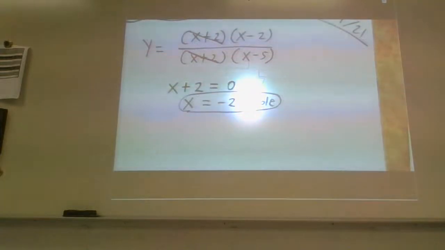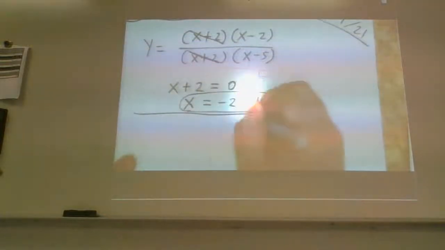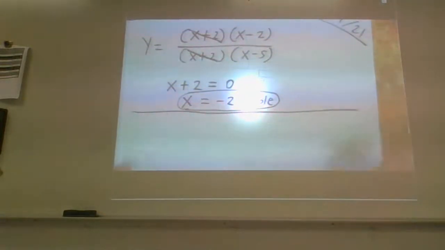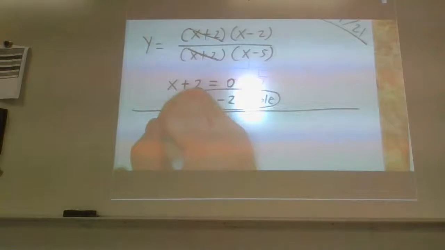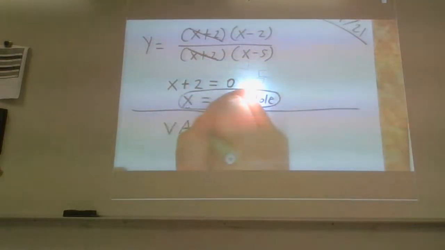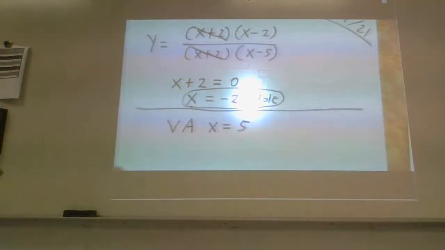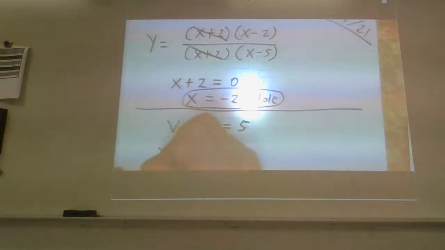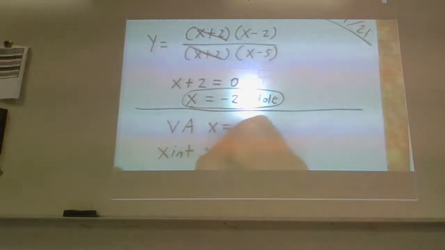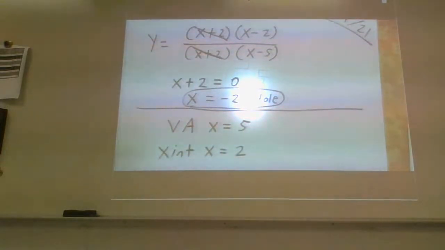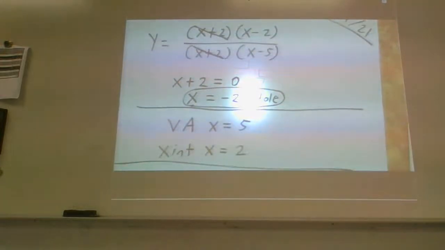and then there is a hole at that location. Just for the sake of argument, a hole and a vertical asymptote, although similar, are not the same thing. There is a vertical asymptote at x = +5 for that problem, and there is even an x-intercept at x = +2, but only a hole will exist at -2. You have to set that term equal to 0.